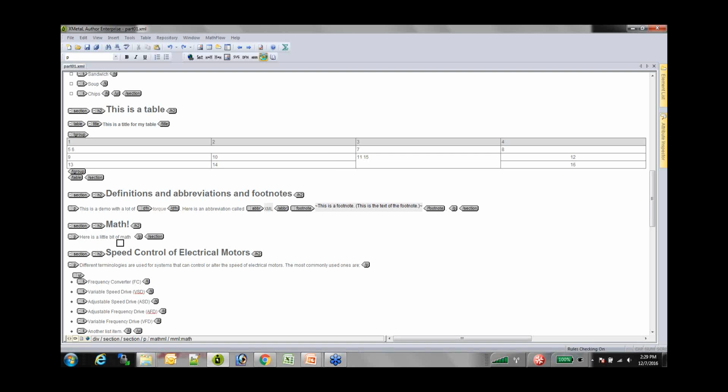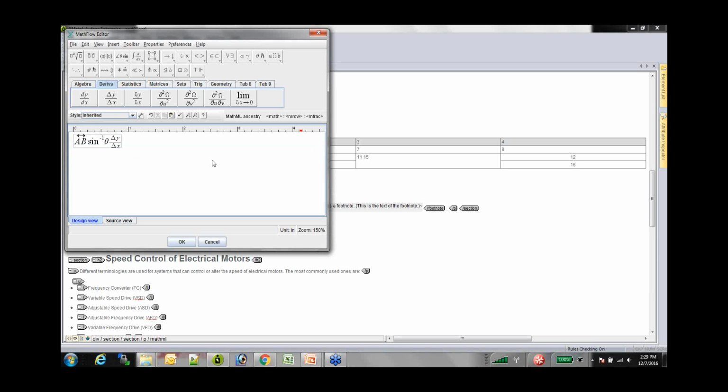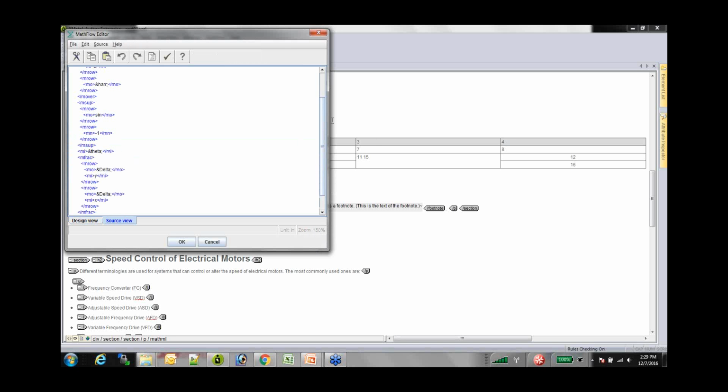So I'm going to say add equation, and what happens here is that this is the third-party tool. This is not us. This is MathFlow from Design Science, and you can pick the math that you want. Well, of course I'm not really picking math here, but let's just pick. I'm just going to type in a jumble of random math symbols here into the editor, and you can see a little bigger view of what that looks like. The math code itself is XML markup, and this editor lets you see that as well. So there's the math, there's the actual math markup,